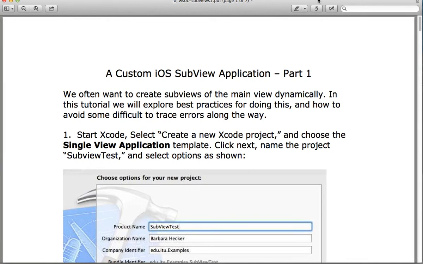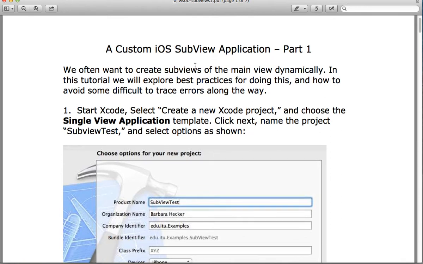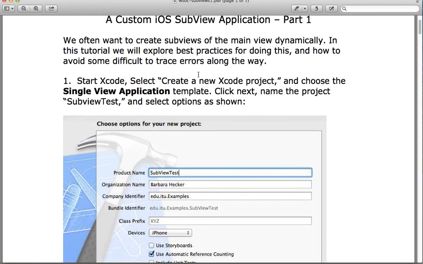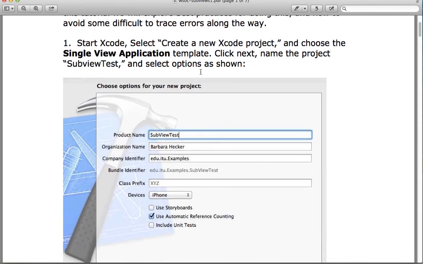Alright, well today's all about views. So here comes our views. So open up the subviews number 1, the PDF file, and now we're going to create a brand new Xcode application,